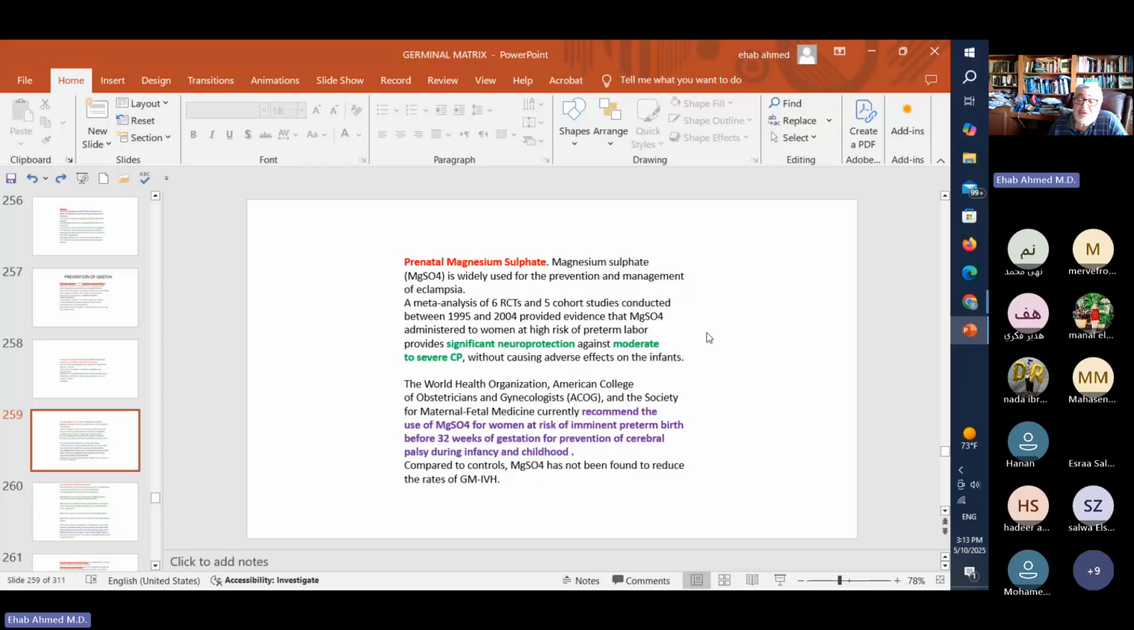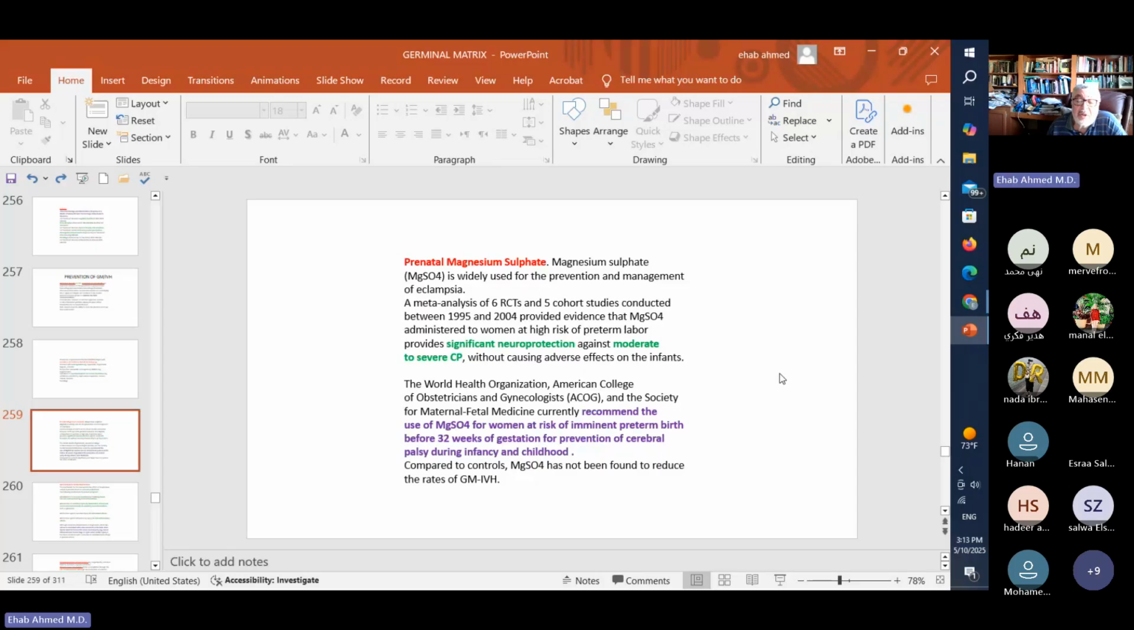Do our fellows in fetal-maternal medicine give magnesium sulfate to the mom with anticipated preterm delivery? If time allows, meaning if the woman did not come with severe hemorrhage or an emergency, then yes, they really do give magnesium